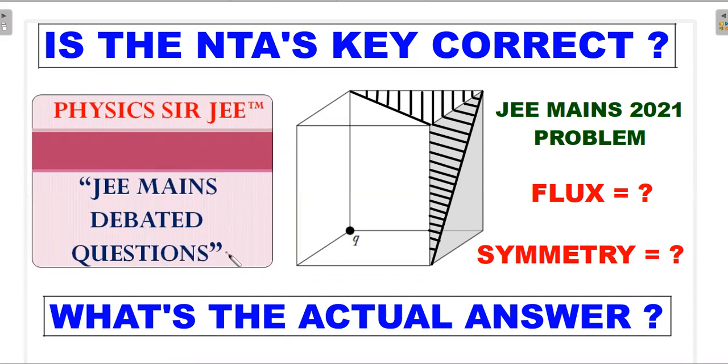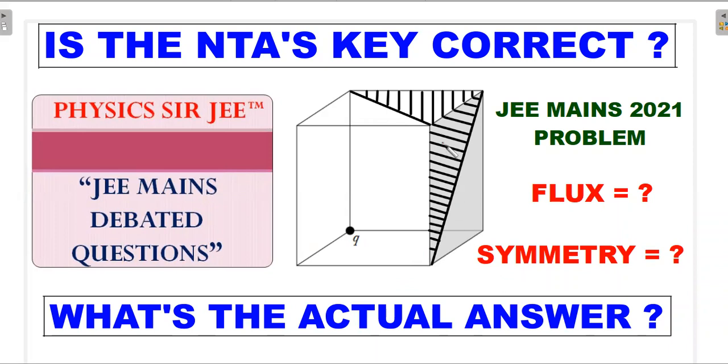Okay, so I've shared this question from the 2021 paper about the electric flux passing through this shaded region due to a point charge placed at one of the corners of an imaginary cubical surface, right? There was a huge amount of response, and there was a poll about the answer, the final JEE key that was given by NTA. I just wanted to make a video to confirm what the final answer is and whether the four options that were given were correct or not.